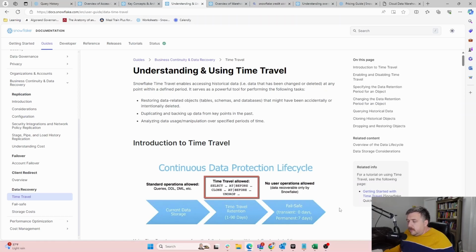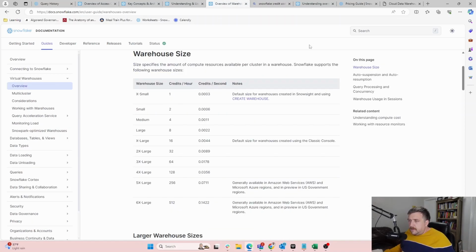There's also, just to note, something I can't remember the term for, but it keeps storage. Again, depending on your account type, it keeps data for 7 days beyond whatever your retention time is, but you have to go directly to Snowflake to get it. So beyond your failsafe, there's extra failsafe stuff here. Again, this all depends on the account you pick up. So, yeah, I'll leave documentation here.